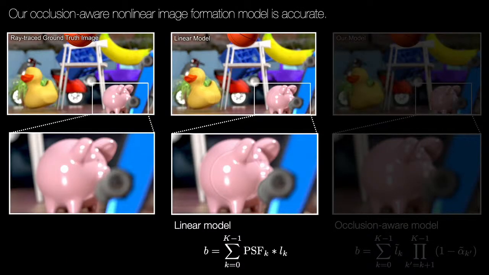Let me start with the image formation model. We render the shallow depth of field image in multiple ways. The left one is the ray tracing from 3D models. The next one is computed with a linear model from a pair of RGB image and a depth map. And the linear model is formulated as a sum of 2D convolutions between the depth-dependent PSF and a multi-layered representation